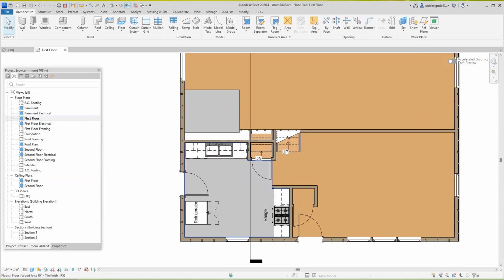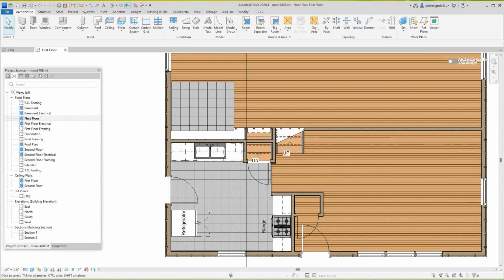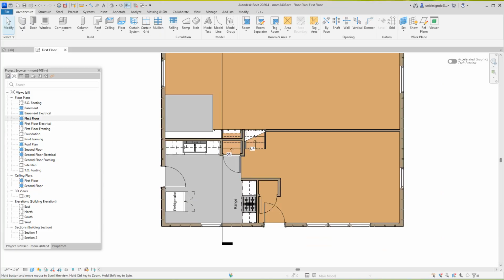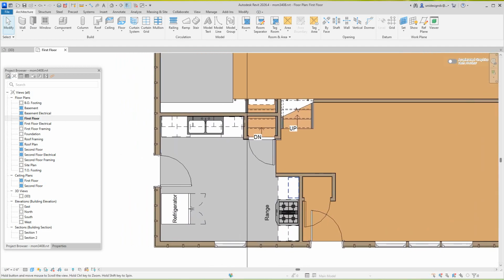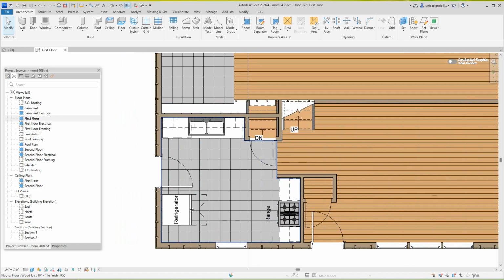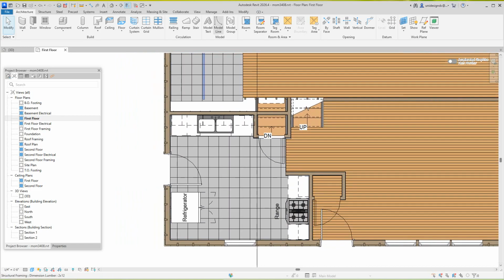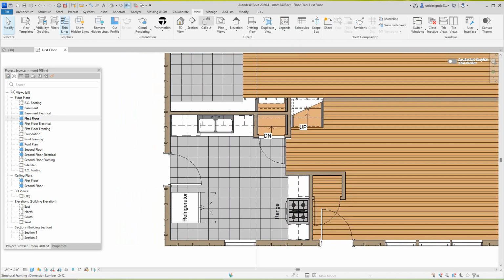Okay, so here I've got my kitchen done, and it's pretty simple. Everybody knows how to lay out a kitchen. I got the floor in and everything. So now I'm going to just go and do my view and do a call out